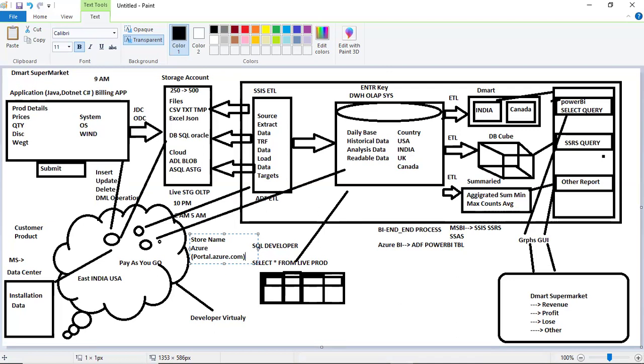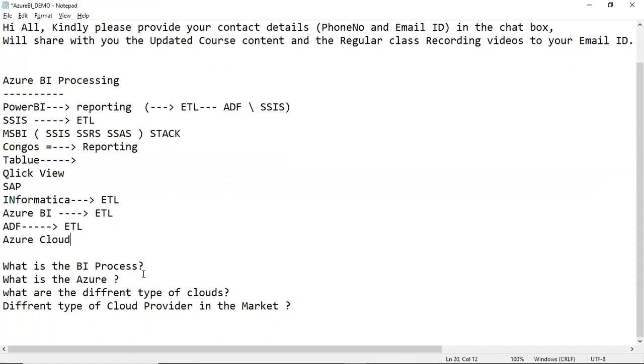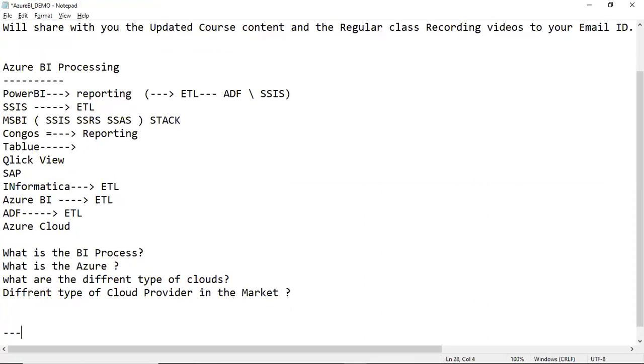They have a store called Azure where you can purchase any kind of products. The products are divided into different platforms. When you go to Amazon or Flipkart, you see categorizations: clothing, electronic products, gadgets, and a separate bookstore module.